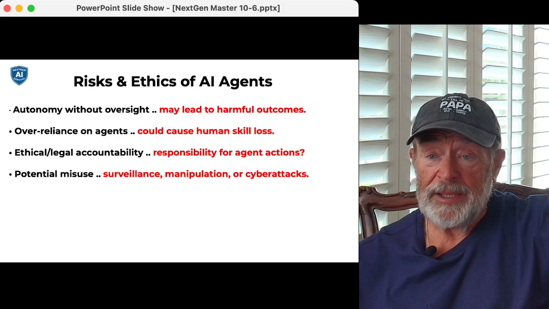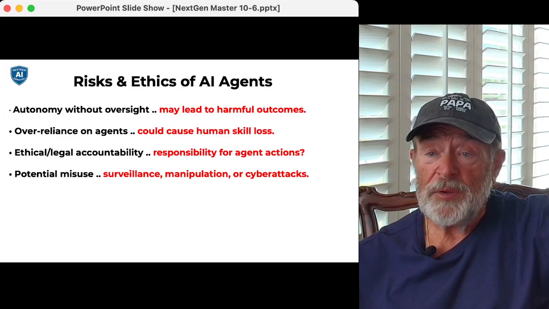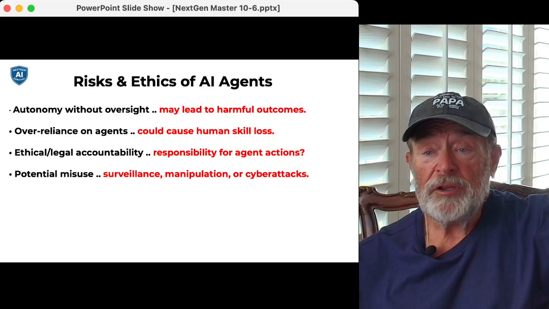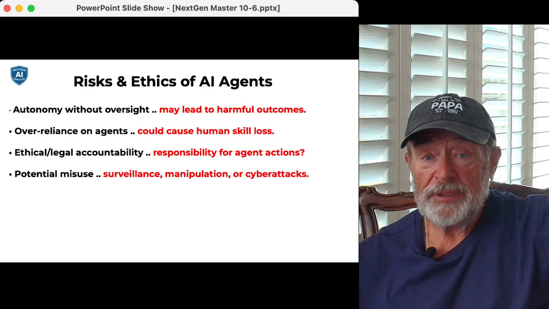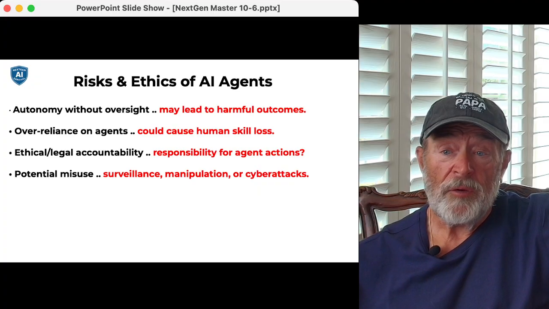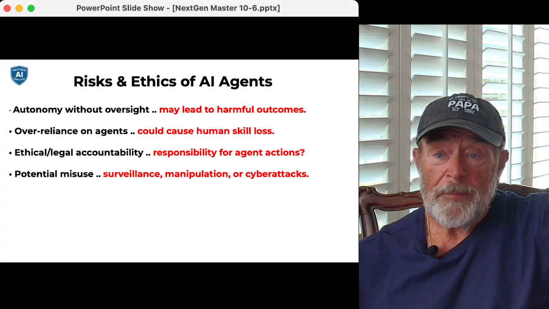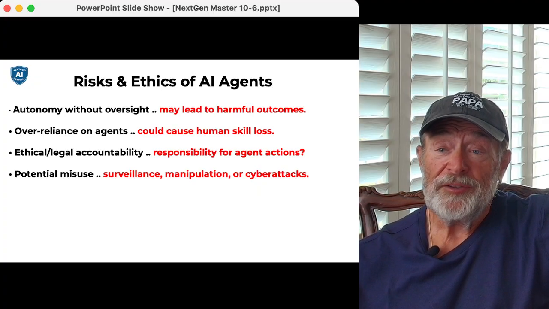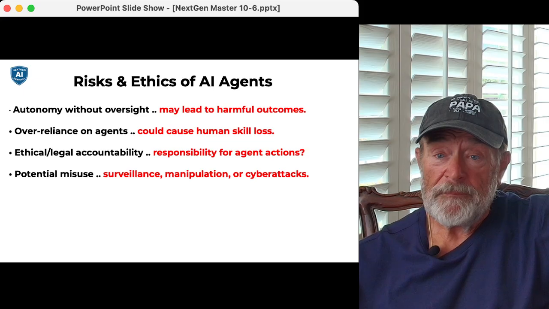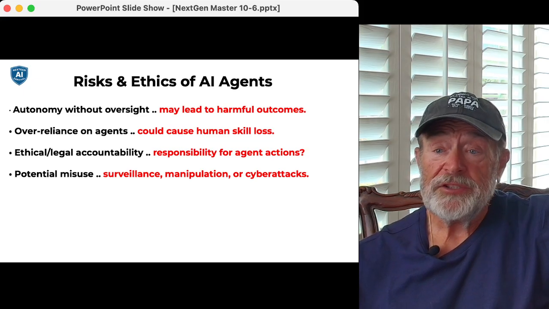However, like anything, autonomy without oversight isn't a good thing. It could lead to harmful outcomes. And sometimes, like anything in life, there could be an over-reliance on agents. Somebody actually needs to build agents to provide some of these tasks. The other one is, so imagine that you have